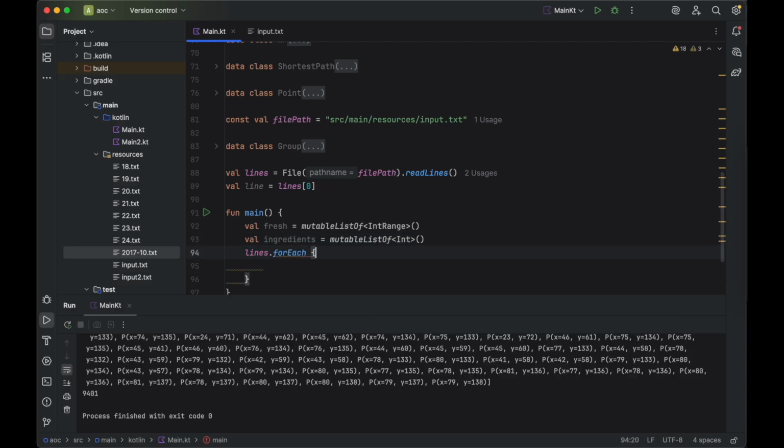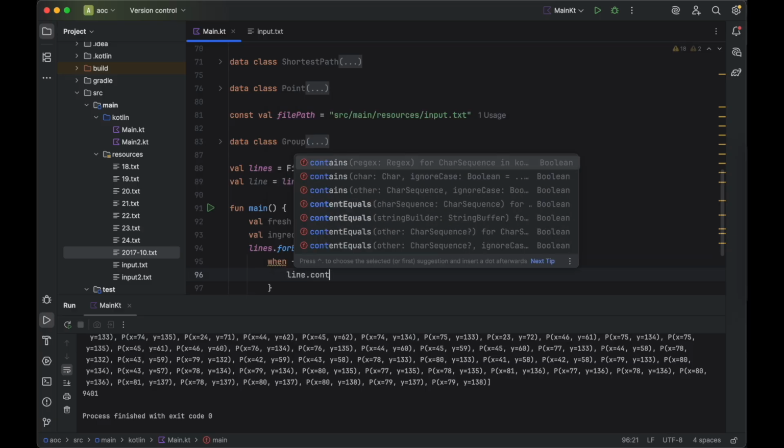And then I go for each line. So if the line contains